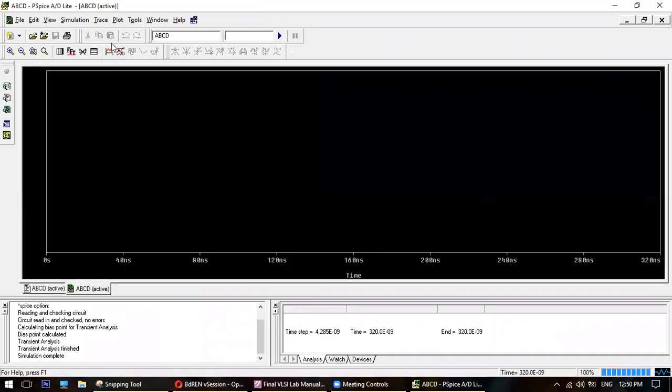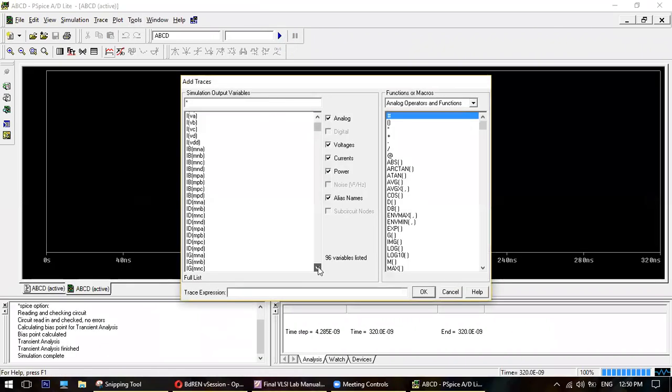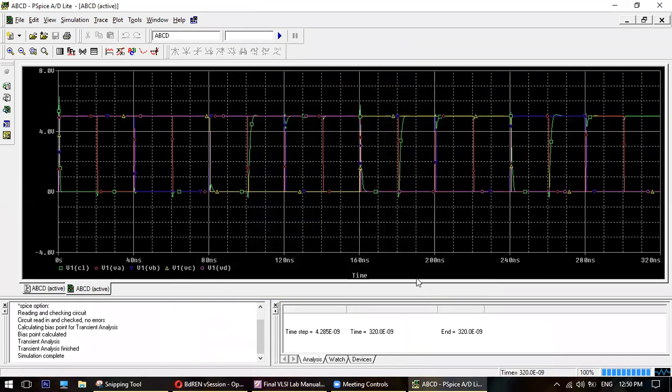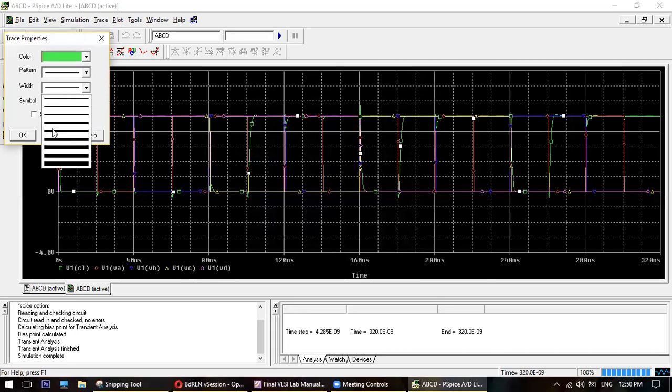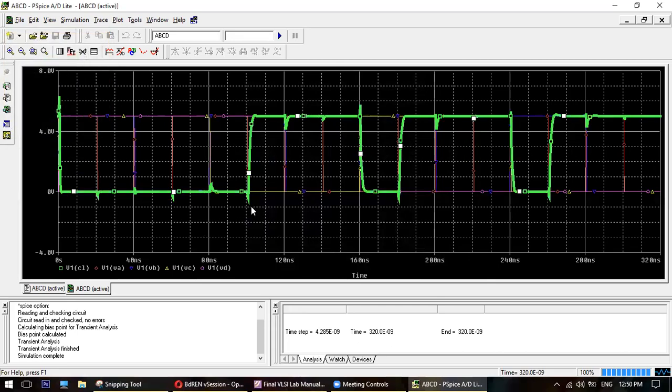So if I run, what do we want to see at first? We want to see CL. We want to see VA, VB, VC, VD. Now which one is your output? CL is the output. Properties. Okay, this is your output.